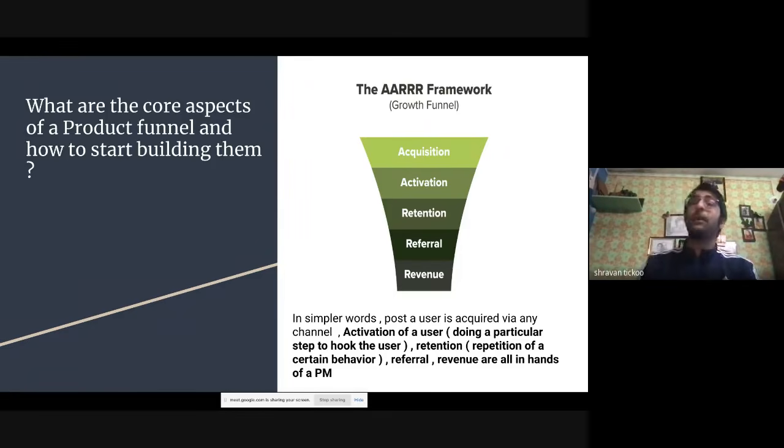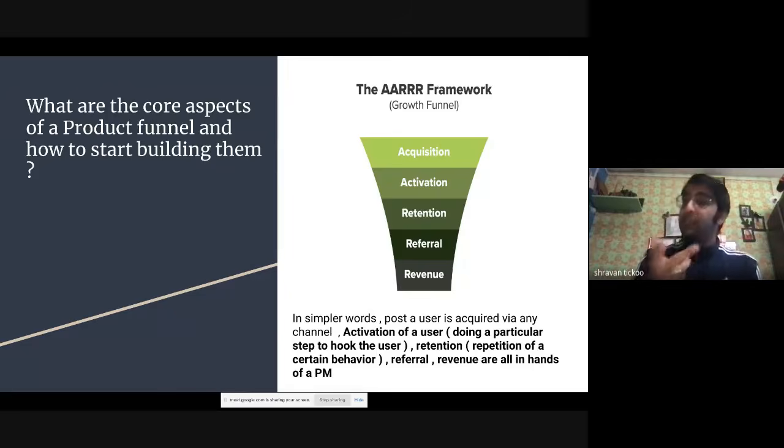The second step is activation. Let's assume a lot of people come to your app, but they don't do what you intend them to do. Like if you go to Swiggy and don't book food, there is no benefit from it, right? So the second step is whether they are actually using my service for some value, which is the activation part. Like if you book your first order on Swiggy, they know this guy now knows the value of my product, that I am an app which can help him book food at whatever time he wants.